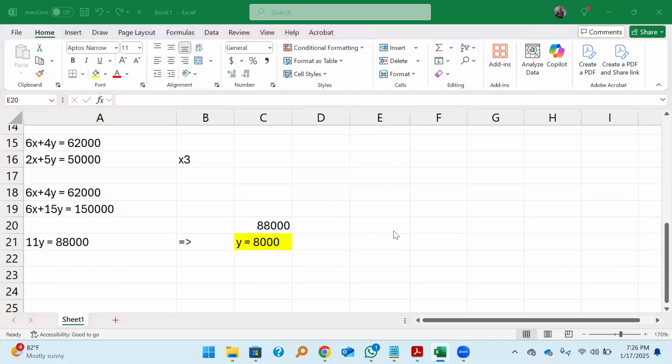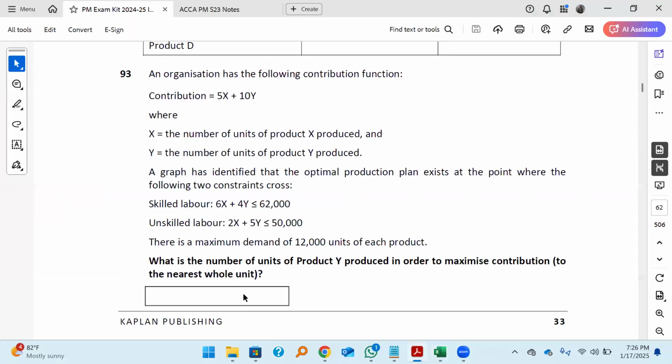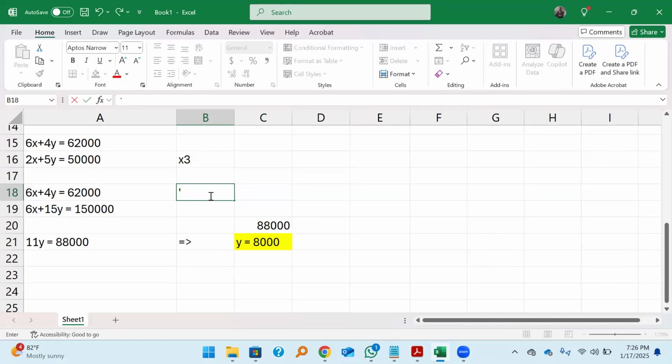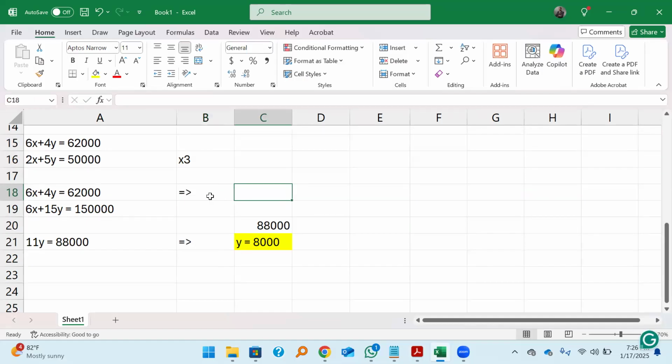Now, they asked us to get y, so it's easier to put that y. But what if they wanted x? Now you would say, after I have y, then you use one of these equations here. So if you use the first one, this implies that x is equal to 62,000 minus 4y